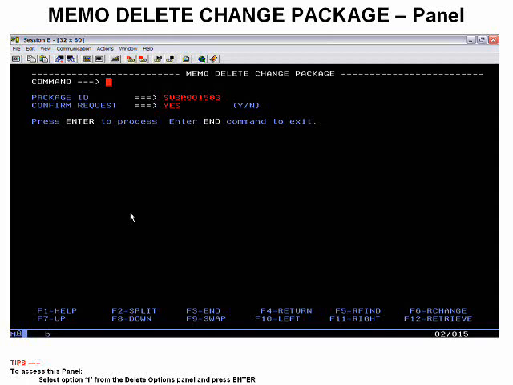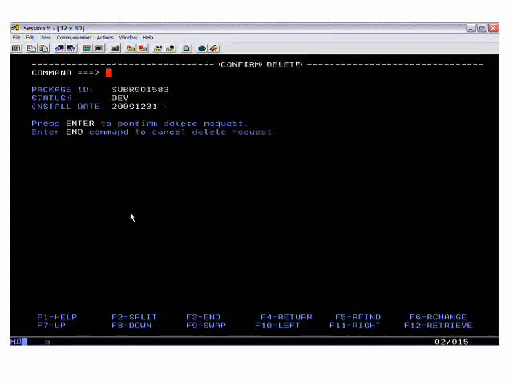So the delete package panel looks like this, and here you mention the package name which you are going to delete, and if you hit enter, it will take you to the next screen where it will ask you for confirmation again before deleting. I'm going to delete this package, so are you sure you want to delete this package? Then if you say okay, go ahead and delete, and hit enter,